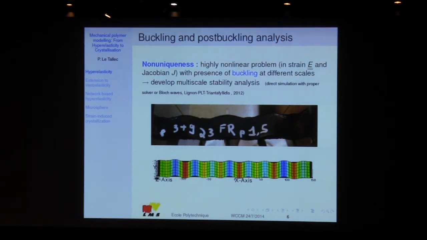Part of the interesting thing is, if you want to develop a stability analysis, you should be able to do that on a multi-scale level, and that's what we did a few years ago with Eric Lignon and Nick Triantafidelis, using a Bloch wave expansion to have a two-scale stability analysis of this reinforced ply in bending, and a comparison between the numerical analysis and the numerical prediction. Okay, so there is still work going on the nonlinear solver, but this is not the main part